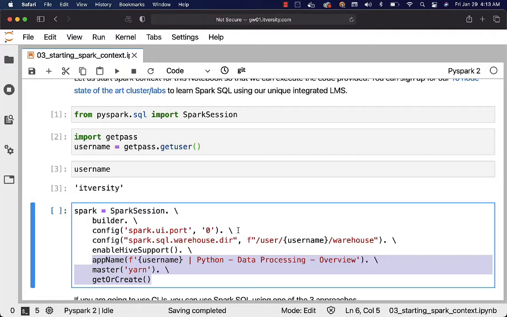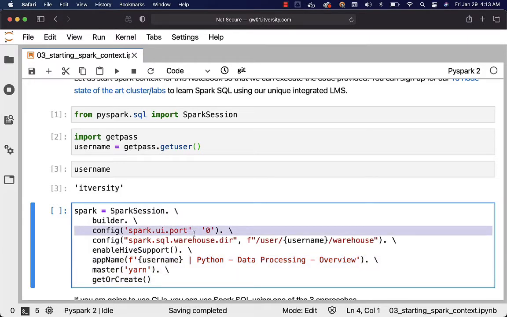In this case, we are using config spark.ui.port 0 to get a random port number while creating the Spark Session object for us. The default port number is 4040. If you do not specify this, it will start the Spark context with 4040. If there are more than 16 users who are using Spark context without specifying the port number, it will take 4040 to 4055, and then it will start failing, saying retries exceeded. The default configuration is 16 retries. Once it reaches 16 retries, it will start failing. To overcome that issue in our environment, which is a multi-tenant environment, we are overriding this property.